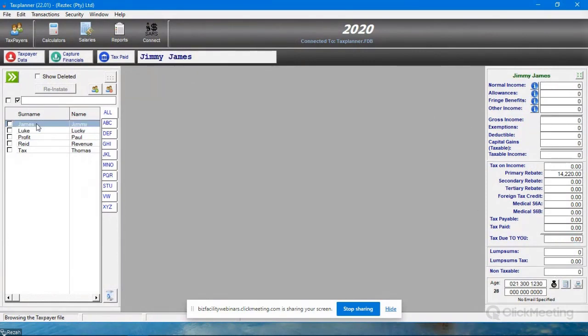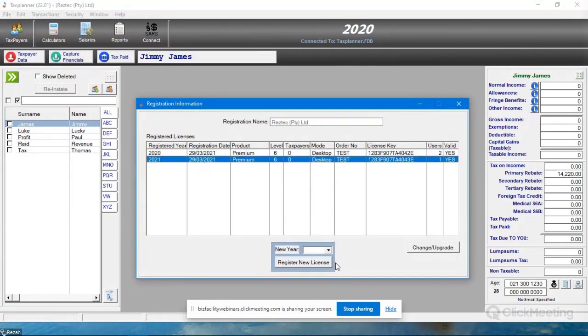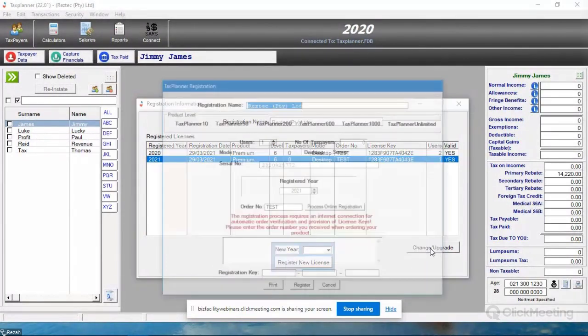Okay, just maybe if I can mention, if you want to delete taxpayers. Now, Taxplanner's licenses are driven by number of taxpayers. So if I can just show that quickly. If I look at my